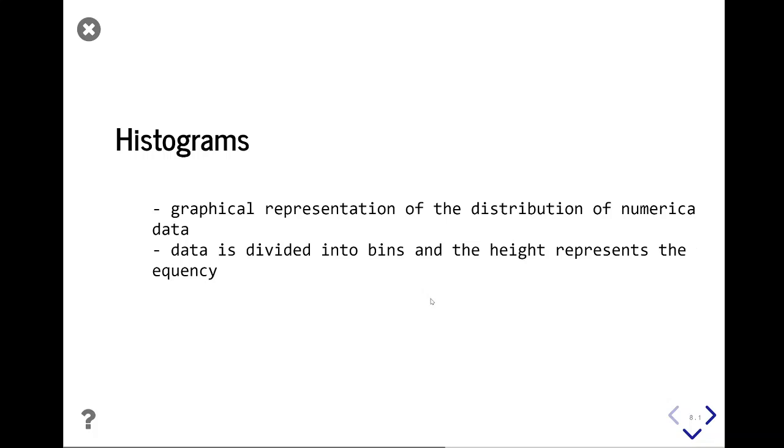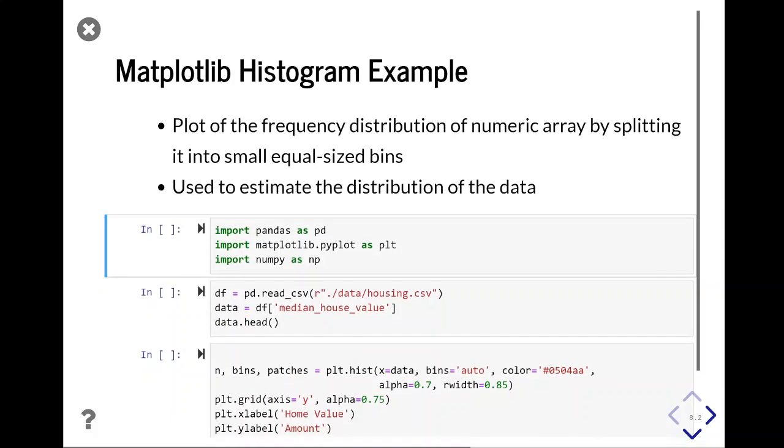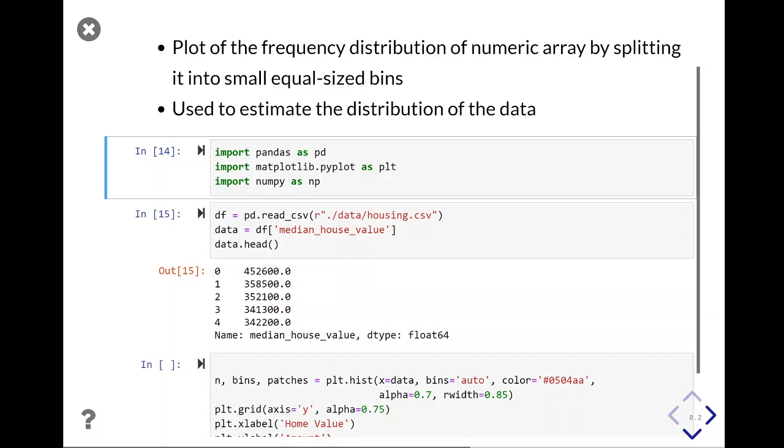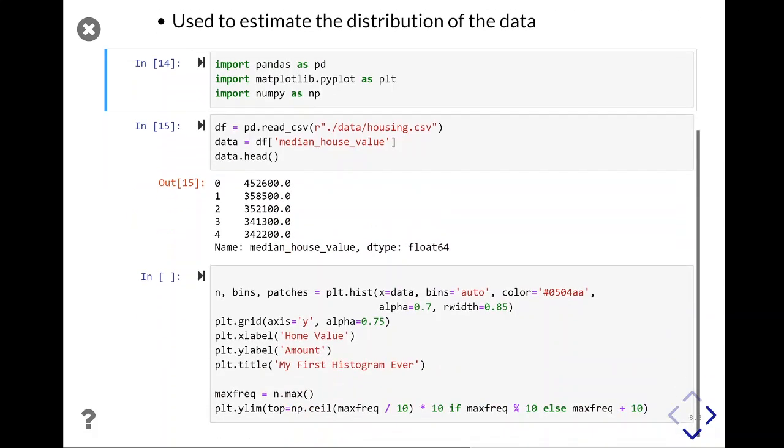Histograms represent a graphical distribution of numerical data. The data is divided into what are called bins, and the height is going to represent the frequency. So we can do a histogram in a bunch of different ways. In this example, we're going to load some data by using pandas. It's this housing data set and its median home values. And we're going to build our bins by calling